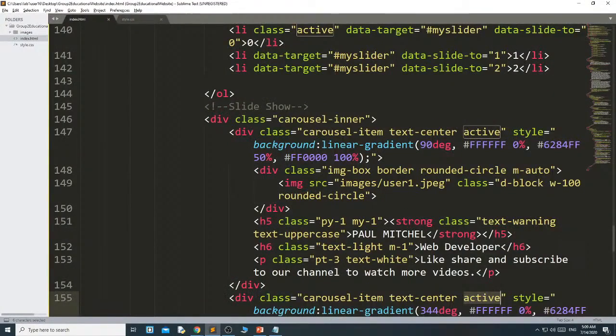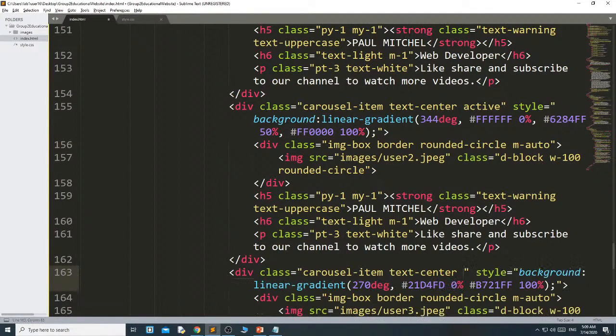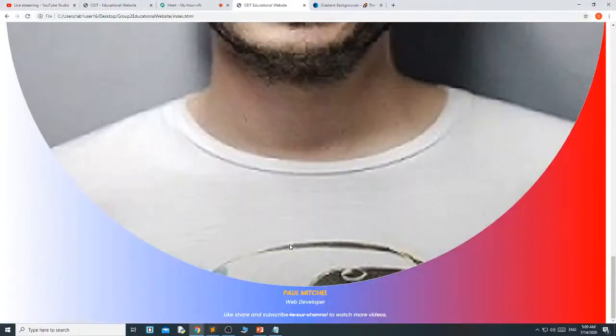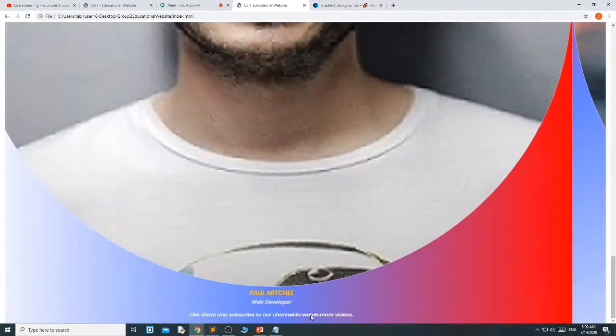Then I have to remove active from this one and from this one. Now I am getting the 3 items properly.